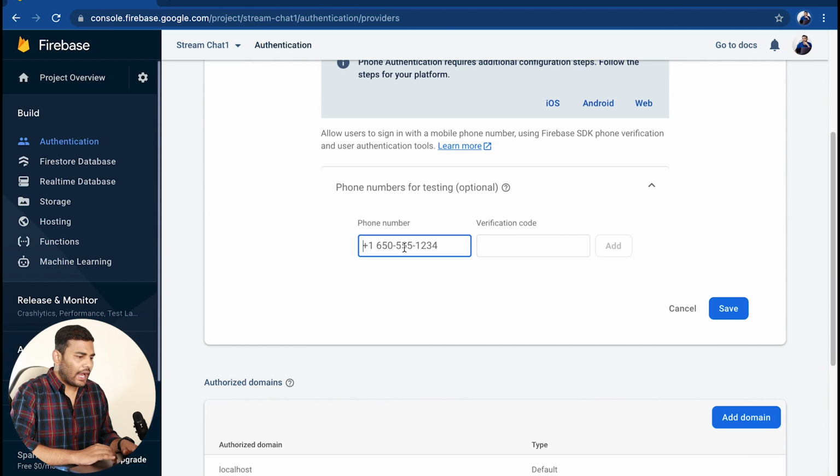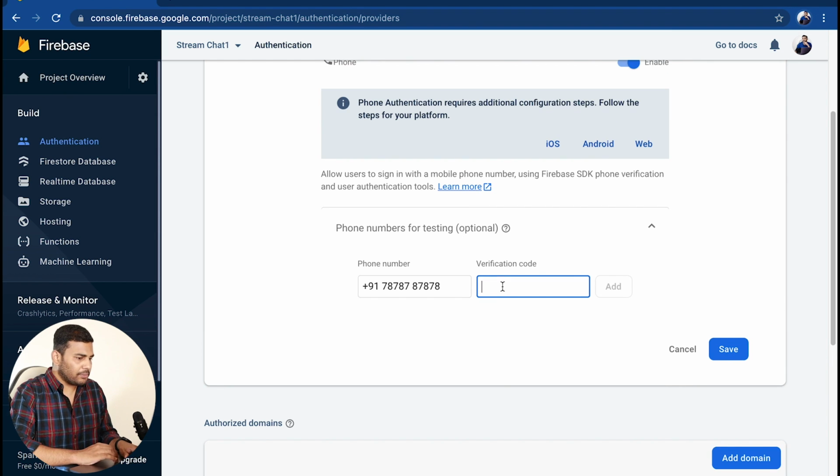Now here you can add phone numbers for testing. So let's say I will add a number that is +91 7878, just any dummy number I'm using. It's 1 2 3 4 5 6 7 8 9 10. So this is my test number that I will use for testing purposes.